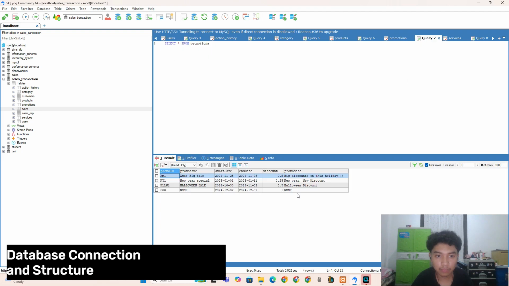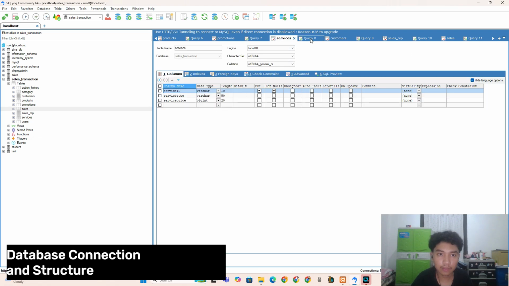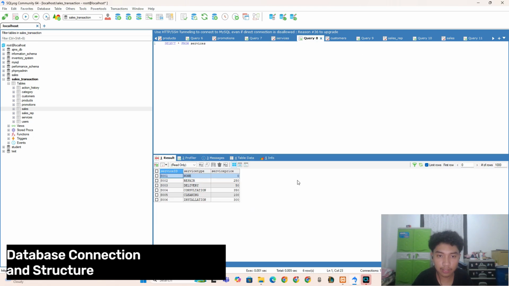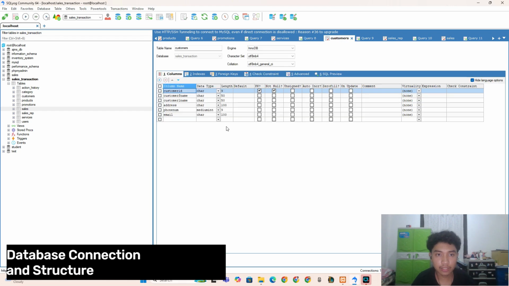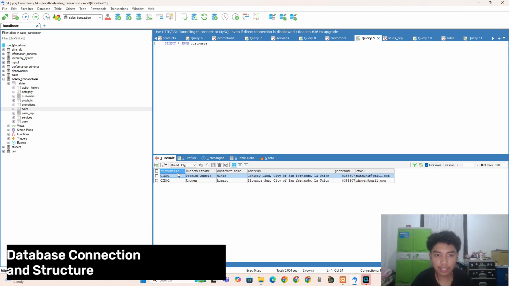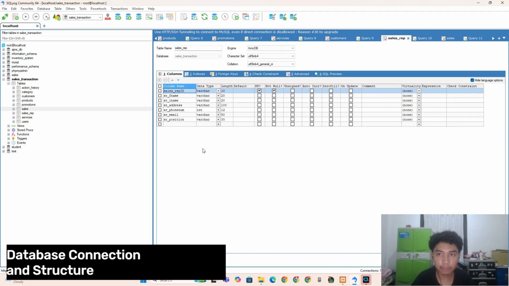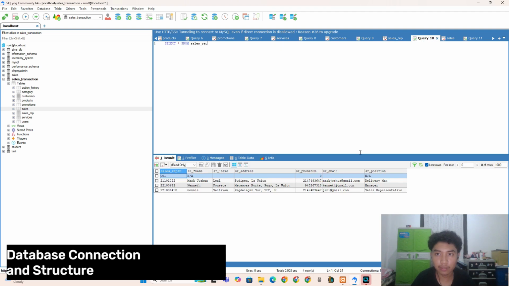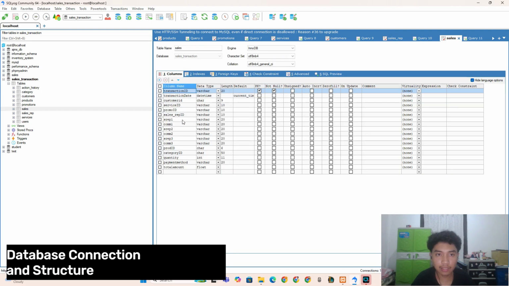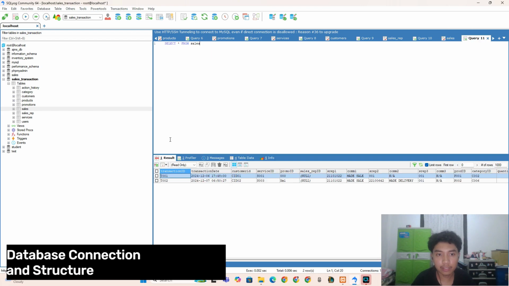Promotions, its content. Services and its content. The customers and its content. Sales rep, sales representative, its content. And finally, the sales table and its content.